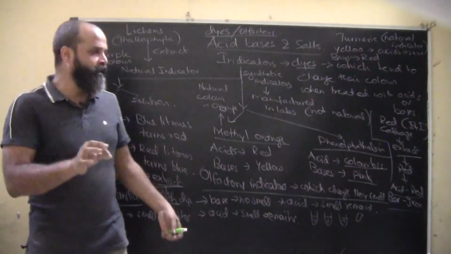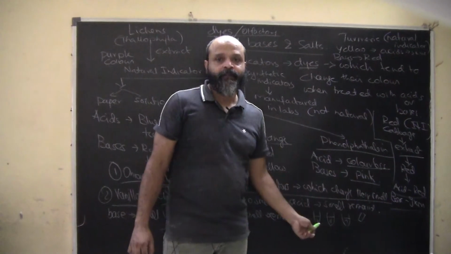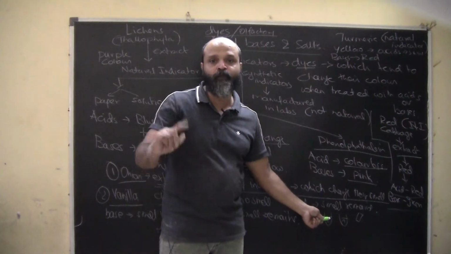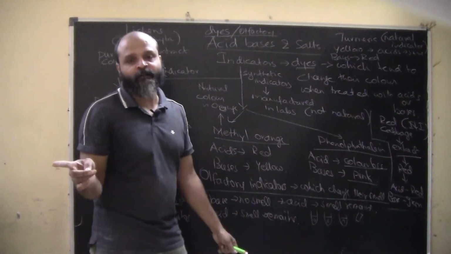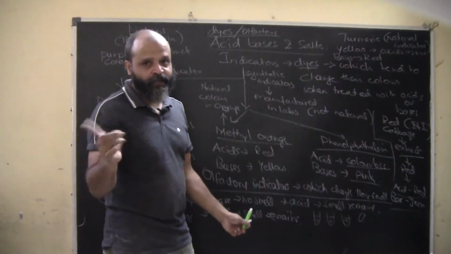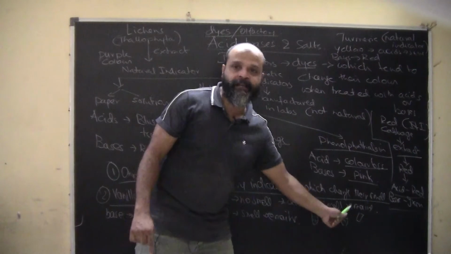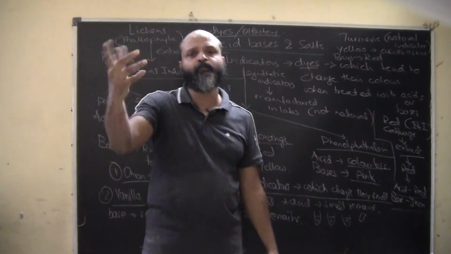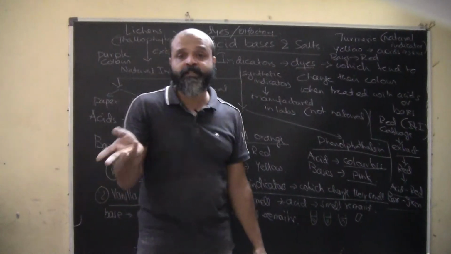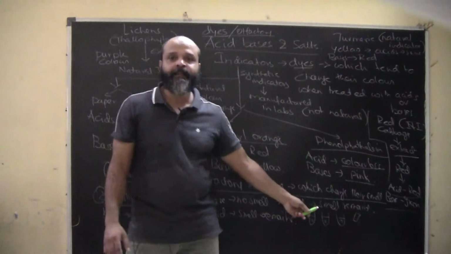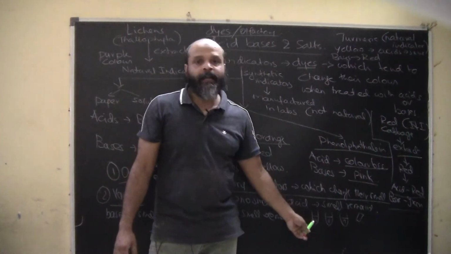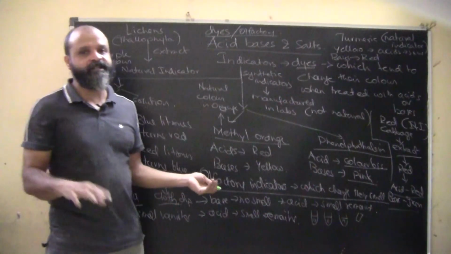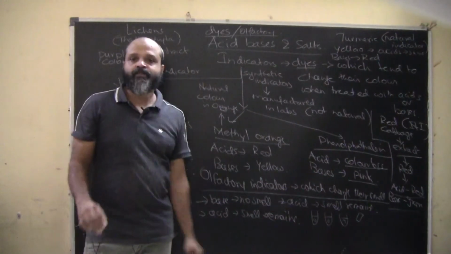So first of all, you will keep on dipping it in all of them. The one which changes color to blue, red to blue happens in the case of a base. So first of all, we will find the base, and the one which turns blue to red obviously will be an acid, and the one which doesn't change any color, obviously water is a neutral compound, it is neither an acid nor a base. So that will be water.